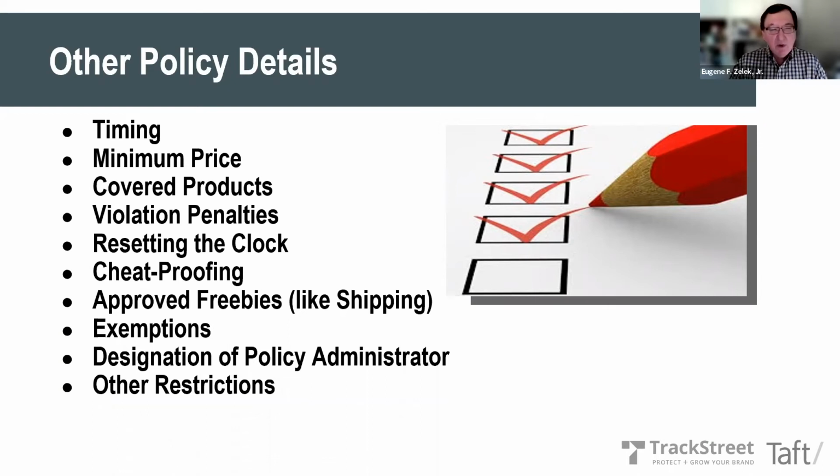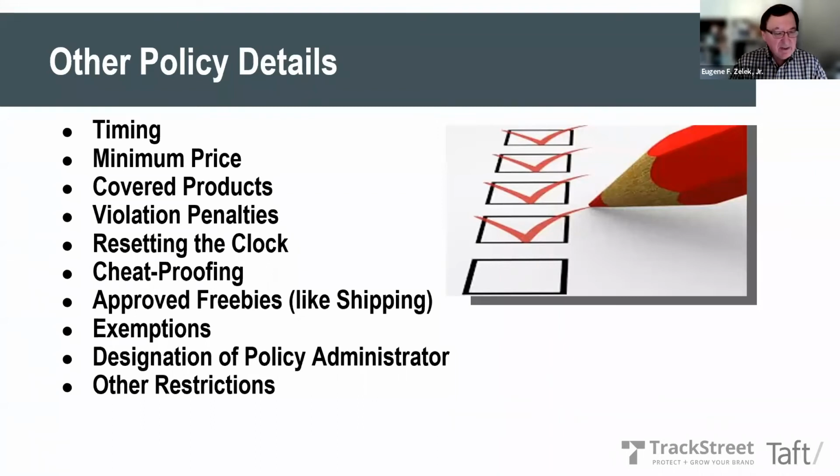Cheat proofing, what are ways that people can get around and play games? One is bundling, and there's a variety of other ways to cheat. You want to build in some of those things, or build in disincentives to do those kinds of things, or channel them in certain areas. And the question is, what does the manufacturer feel strongly about, both positively and negatively? And those should be incorporated in the policy. We don't want ambiguity. Some people think a half-page policy that just says, lots of things are left open, but that doesn't really provide much guidance. That also requires a lot of hand-holding and also perhaps too much discretion.